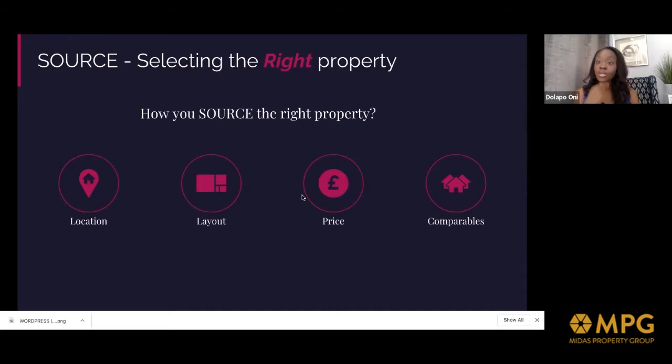Now, I'll come to a case study further down where I show you how, in selecting the right location, you're able to uplift the value of the property, because when you're selecting a property, it's very important that you are able to add value right from the onset. It's one of the fundamental principles of this buy, refurbish, refinance, is that you're able to, through the reconstruction of that property, either by